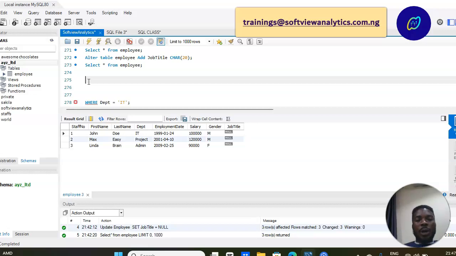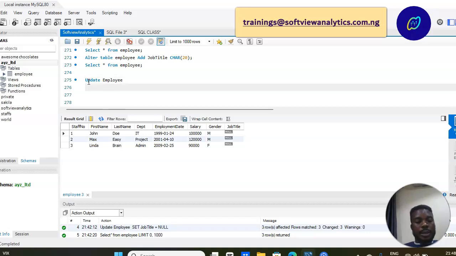Now I want John Doe to carry the job title system administrator, so this is what I will write. Look at the screen, just pay attention to it. I'm going to say update employee, that's the table name. Now the set clause will go together. In this case, we'll go with the update statement just to explain better what we are trying to do. So I'm going to say set